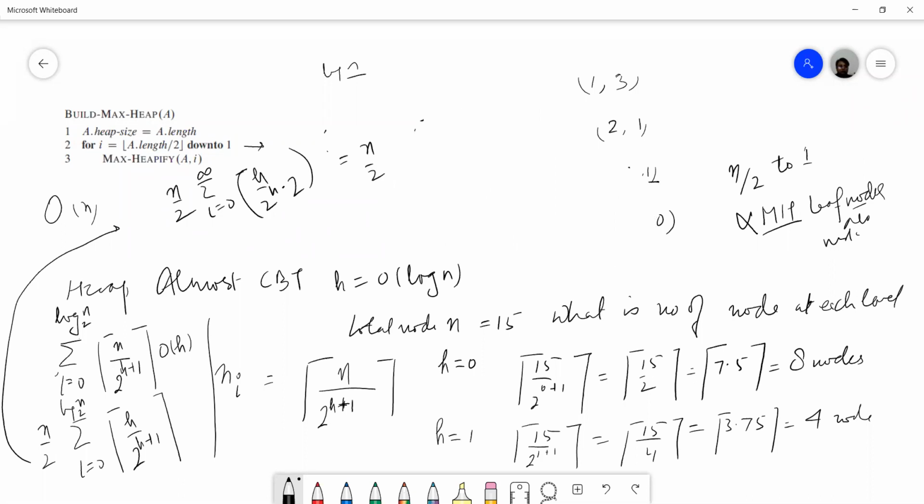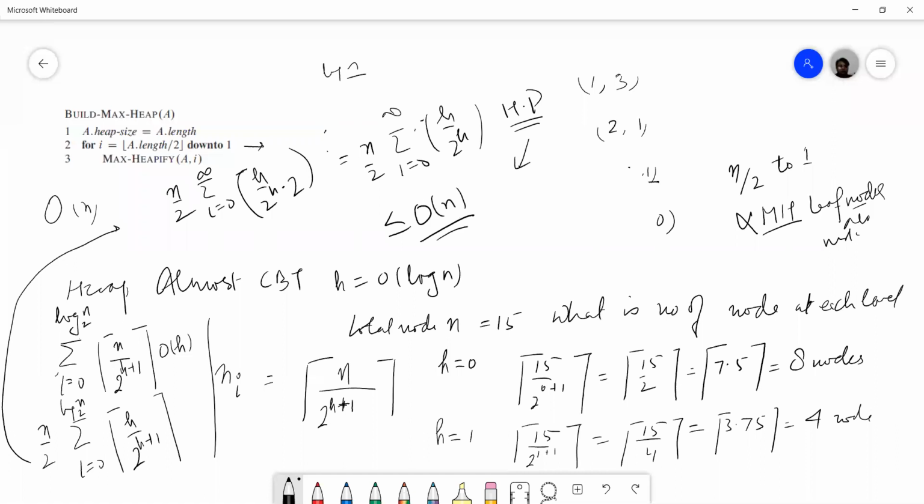We'll have n by 2 sigma 0 to infinity h upon 2 to the power h. So this is an HP, harmonic progression. Solving it is out of scope of the syllabus. What you will get is less than or equal to order of n.